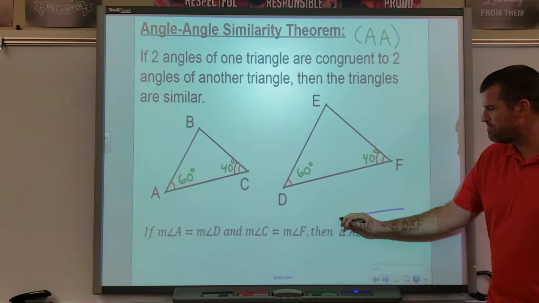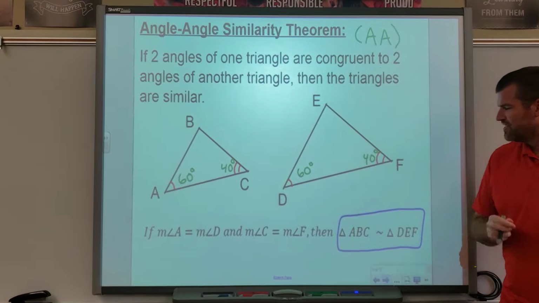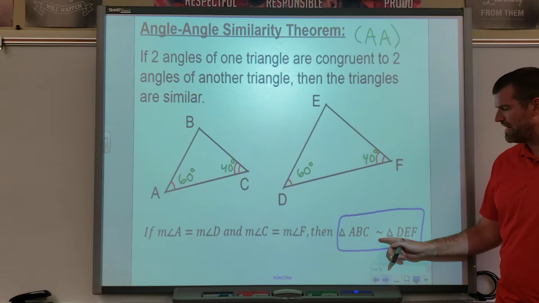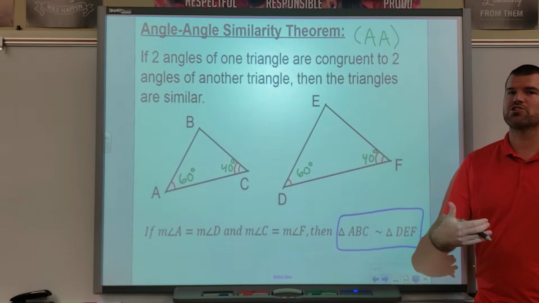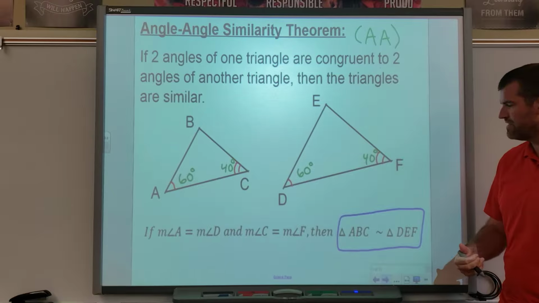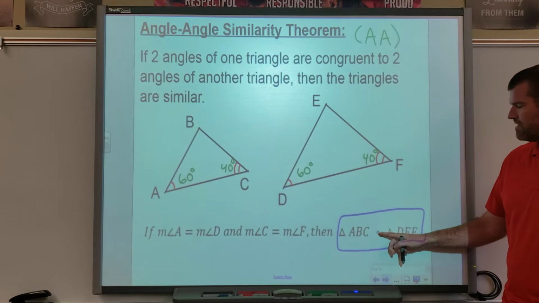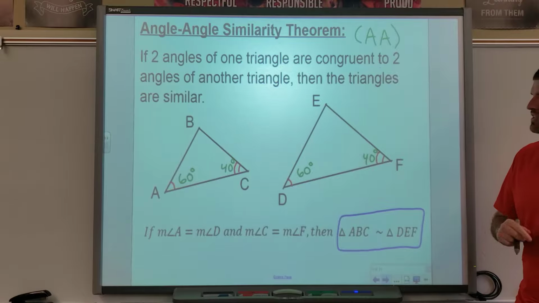Now when we write a similarity statement, it's similar to congruent, but there's no equal sign underneath, right? We don't put an equal because they're not equal. The angles are equal, but the actual shapes are not, right? Because we know that the sides are going to be different. The sides will be proportionate. So we just put the little tilde or the little squiggly to mean similar,